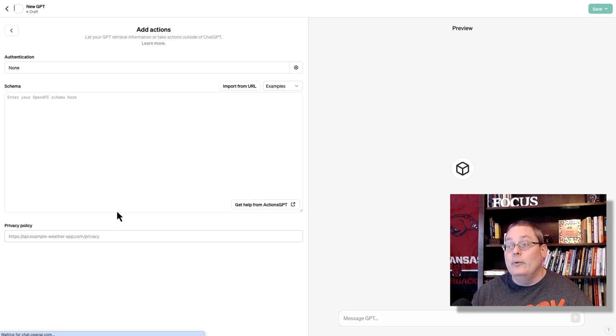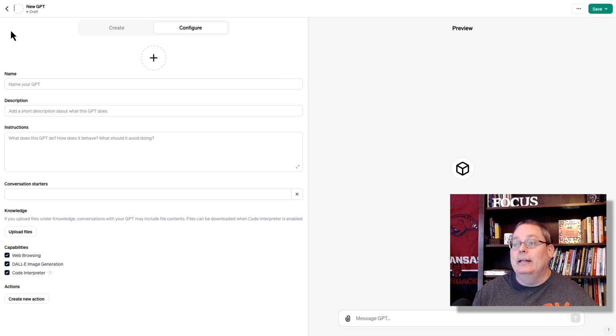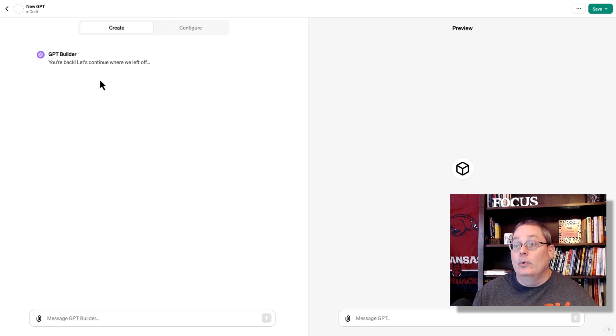Now, this is really where the money is going to come in as far as setting the different actions. This is where you add or you start adding programming or doing things programmatically, meaning that you are adding value to the GPT. So if you were to go back again to create and you were to just use the